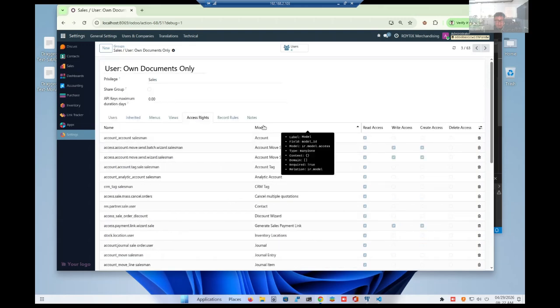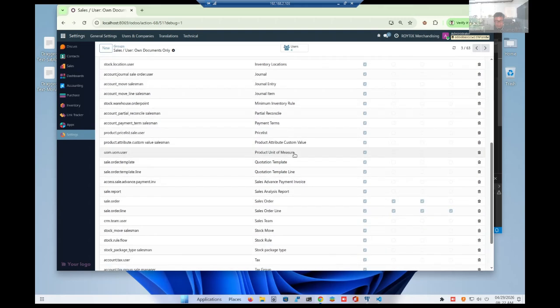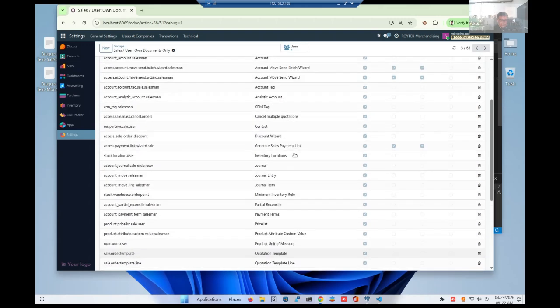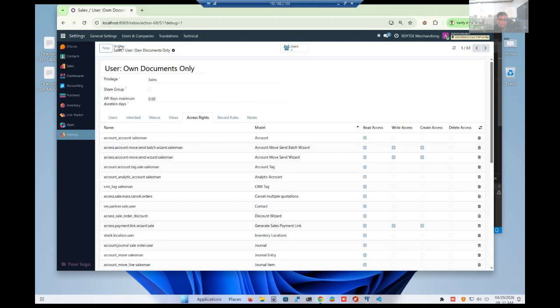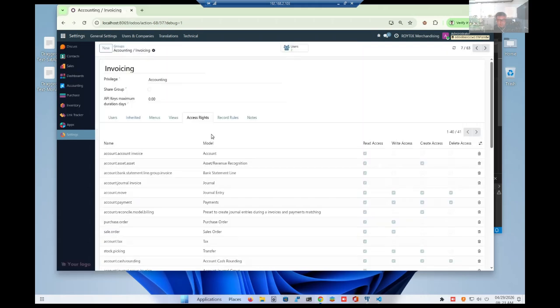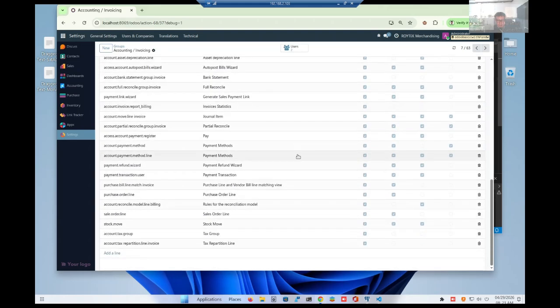Let's arrange this by model. So we don't have advance payment. Let's look at the invoicing group. Advance payment.